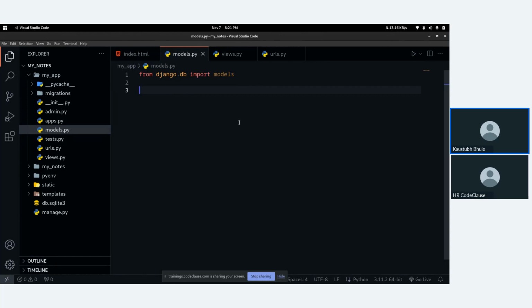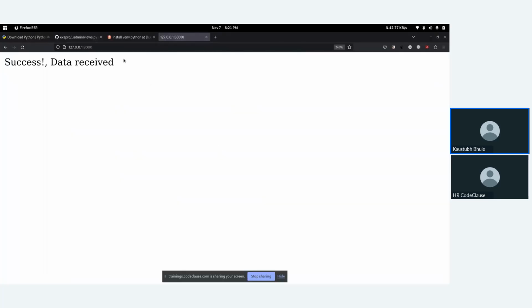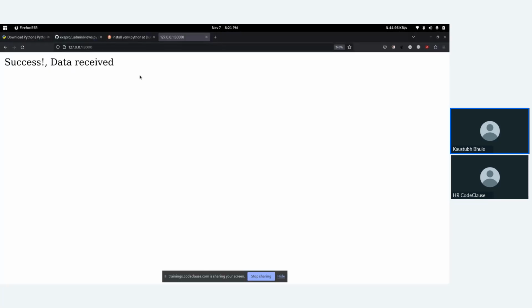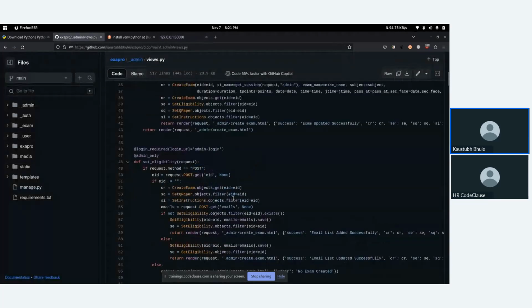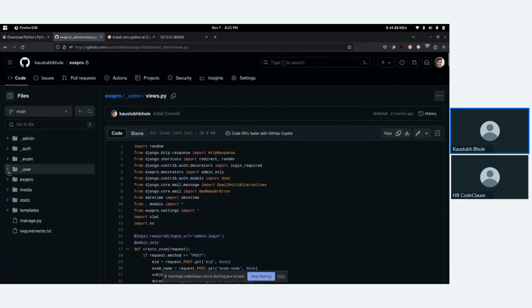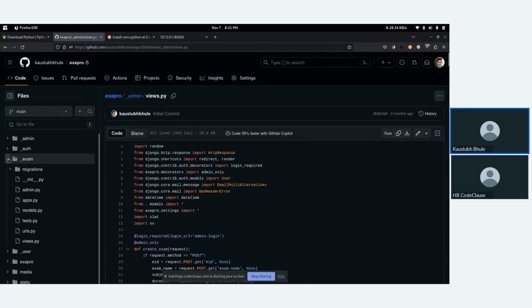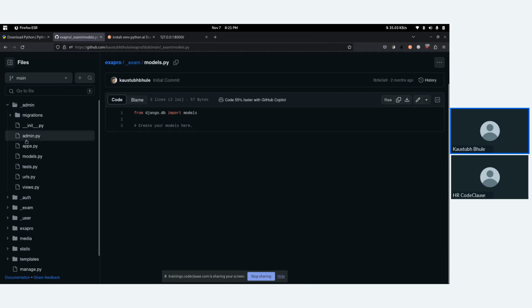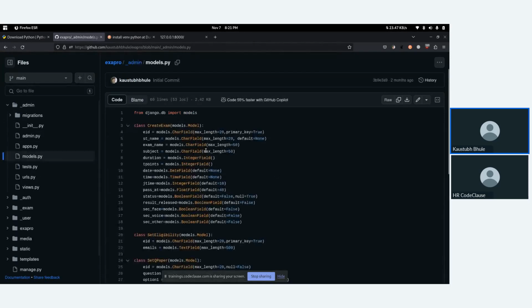Currently, I'm taking reference of my own project because I don't remember the syntax, because my main domain is cybersecurity. I just do development as a hobby. And okay, where is my project? Fine. And don't worry, guys, this project is also made by me itself, so I know Django well.